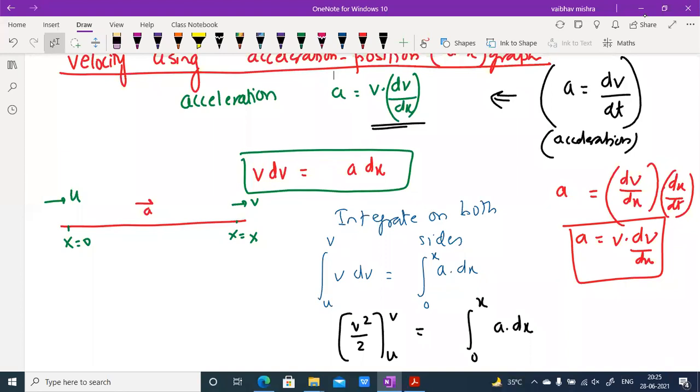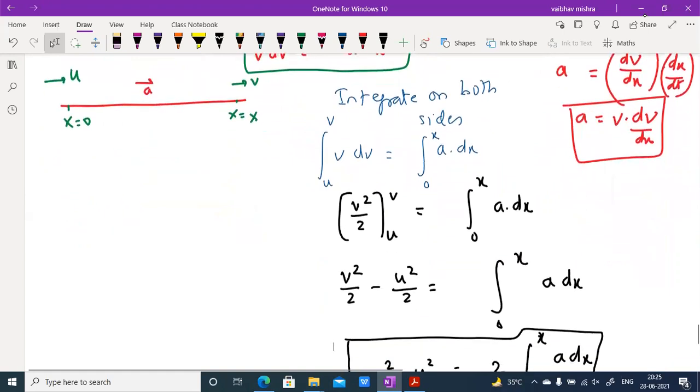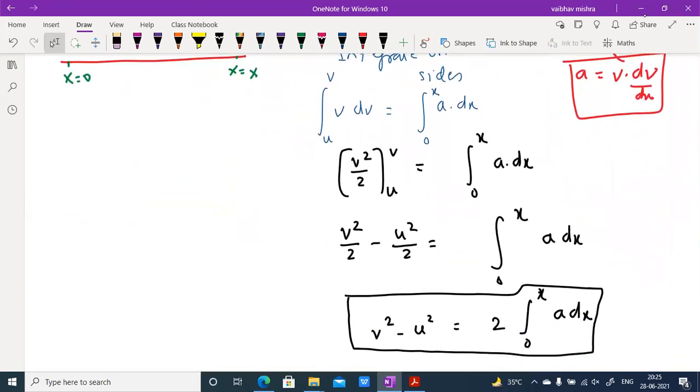So अगर हम एक्सेलरेशन और पोजीशन के बीच का ग्राफ बनाते हैं and then we calculate the area, that will not give change in velocity, that will give v square minus u square. V is final velocity, u is initial velocity. V square minus u square by 2 will be the area under the acceleration position graph. V square minus u square by 2 will be the integration of a times dx